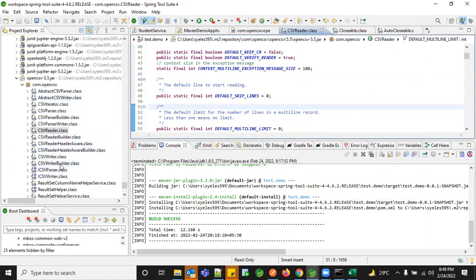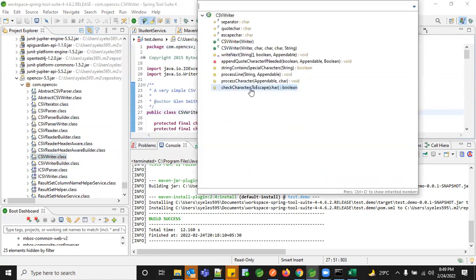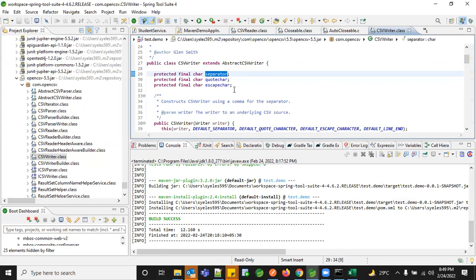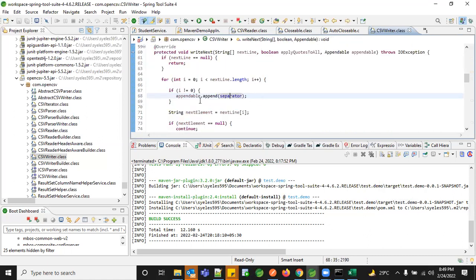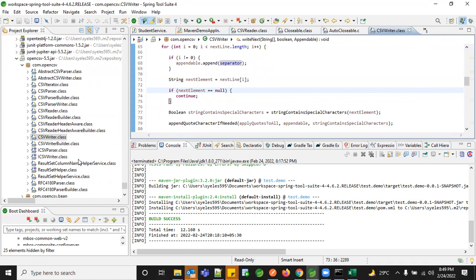And the second thing would be the CSV writer. This is again similar to your usual one, where we write your entire information the usual way, using append only. Here we append all the data using our own separator which we pass. So whatever separator we want, we use that separator and append the entire information the usual way, like how you add your data into a string array. The same structure has been used here. So these are the two things.